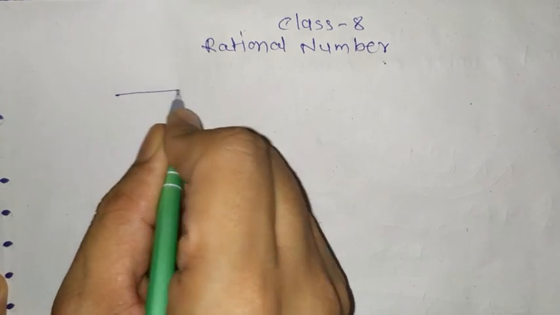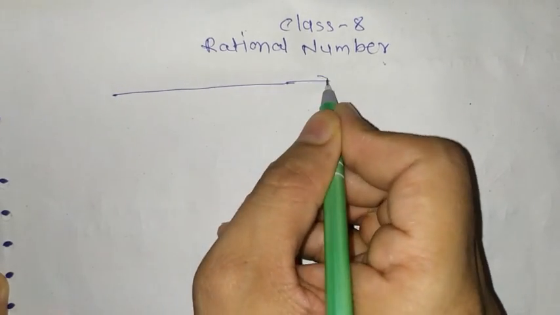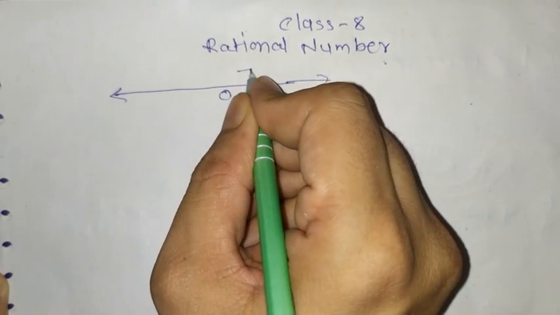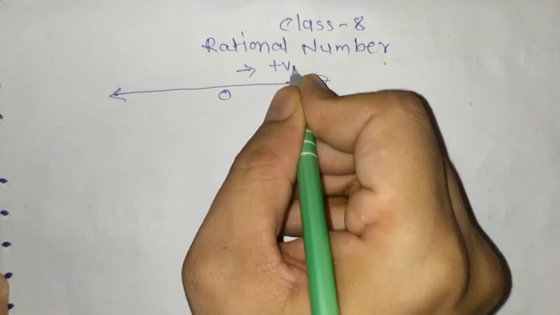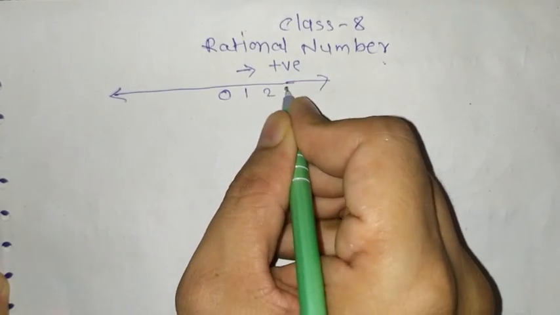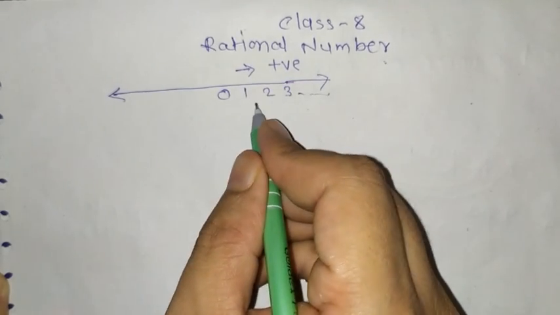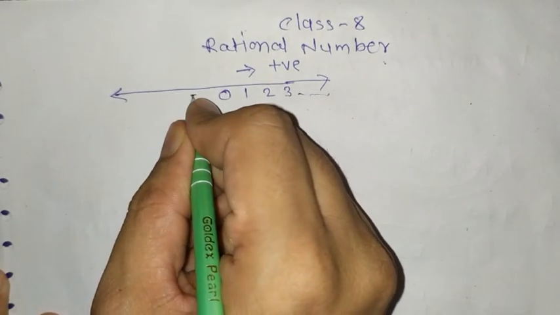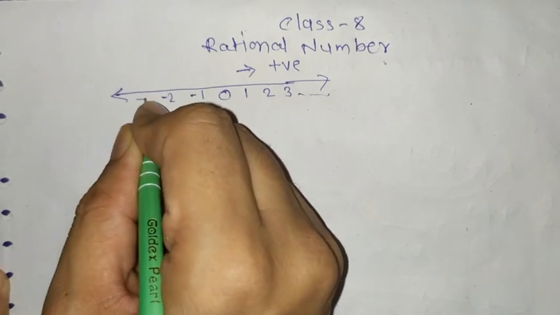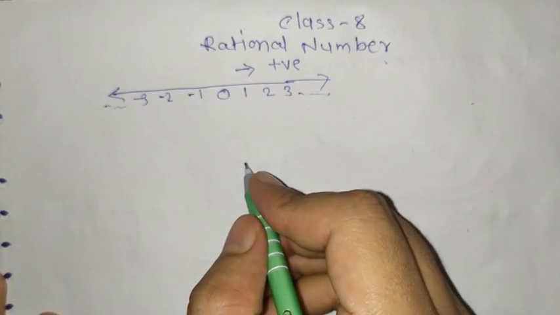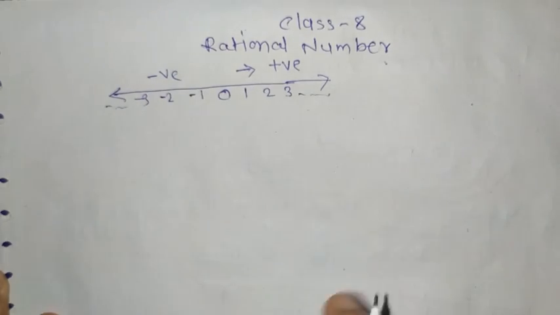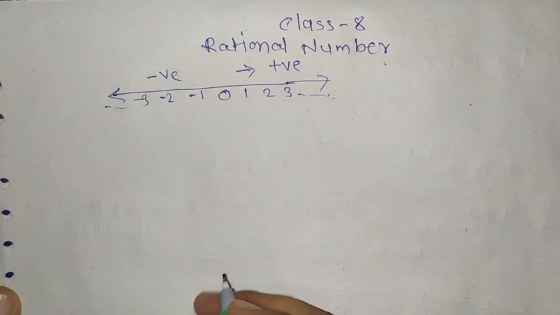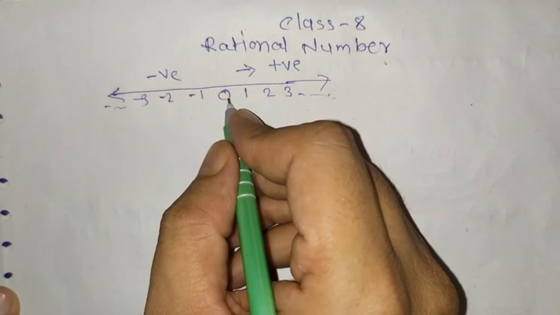Suppose if you see the number line, as you learned in the previous classes, in the middle we use 0, then on this side we use positive numbers like 1, 2, 3 and so on. So these are the positive numbers in ascending order, and on the left hand side we use negative numbers like -1, -2, -3. These are the negative numbers and they are in descending order. This side ascending, this side descending, and 0 doesn't have any sign.